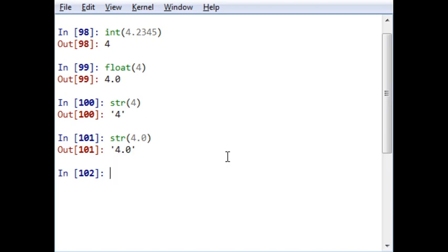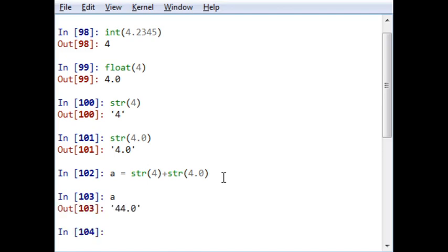Now, if I say that a is equal to str of 4 plus str of 4.0, will it be stored? Yes, it will be stored. And when I write a, the output will be 44.0. So in this manner, the concatenation over strings has been done using this operator.